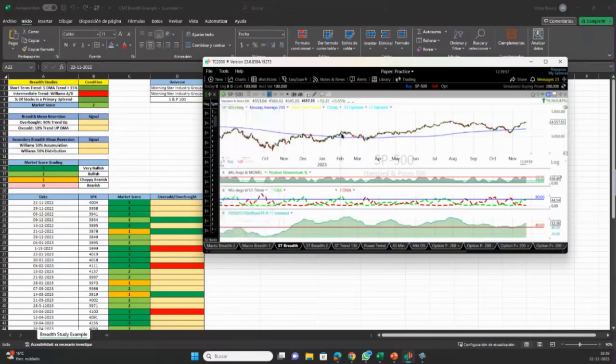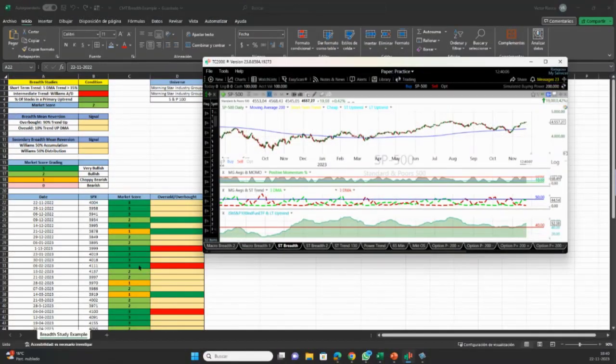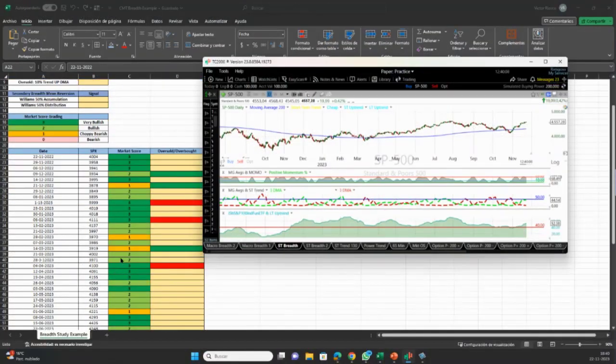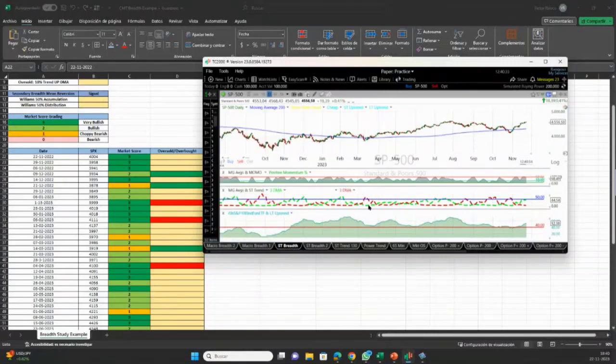And the market chopped and pulled back quite a bit, but we really didn't get too much price erosion until here in March, when we had the banking crisis, right? And here we see how the market remained between 2 and 1, but never got back to bearish. So even though this was a tough decline, internally the market still held reasonably strong.